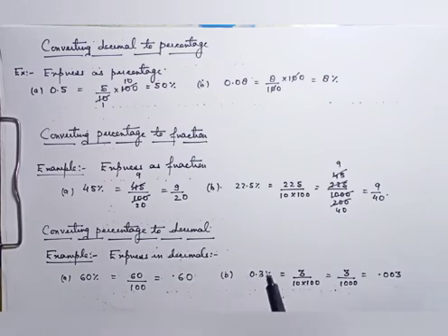In the case of a decimal, if the percent is given in the form of a decimal, simply remove the decimal and write the number as it is, divide the number by 10, and after that multiply it by 100, so it will become 3 upon 1000. As many zeros as there are, you shift the decimal place towards the left according to the number of zeros. So there are 3 zeros, so 1, 2, 3, it means 0.003 is the answer.